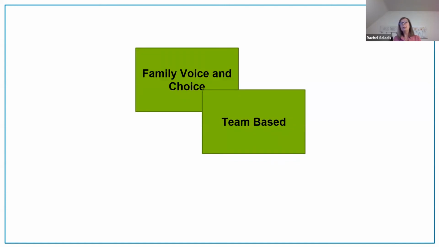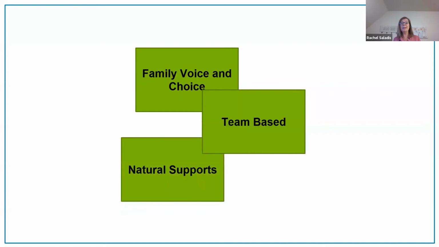Now, tier 3 processes should be team-based. We know that, but there's a little differentiation here at tier 3. Individuals might be responsible for action steps, but the planning and decisions made by the team should always include the family, and others on the team should be drawn from the family's natural supports.